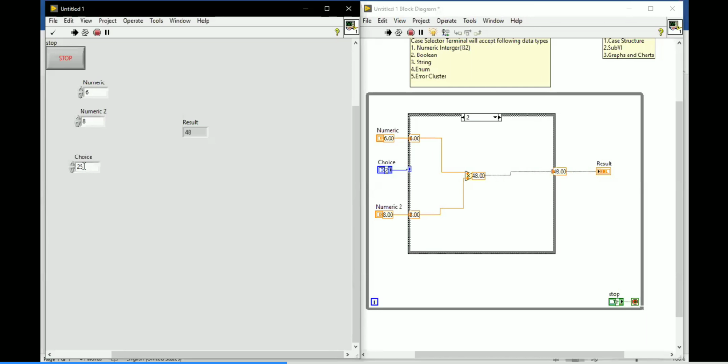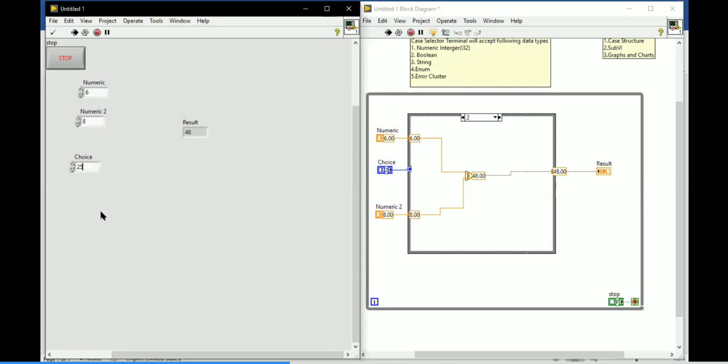Now if I give 25, see the highlight execution. The 21 dot case will execute over there, because 21 dot means more than 21, and 25 is available. So it will execute case 21 dot. What value will be returned in the result indicator then? What value will it return?